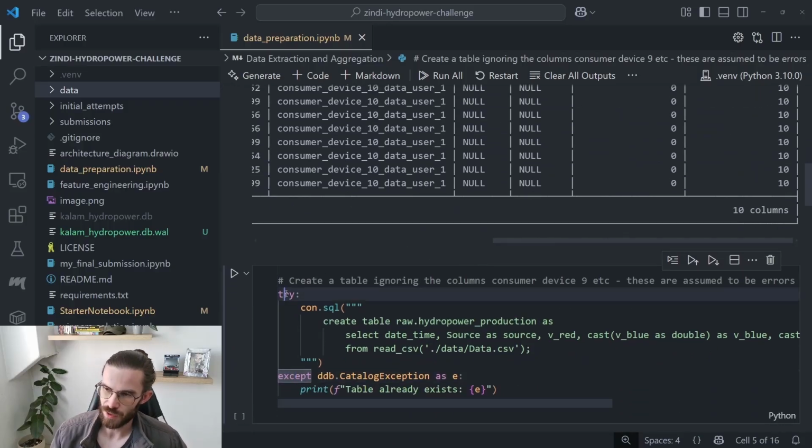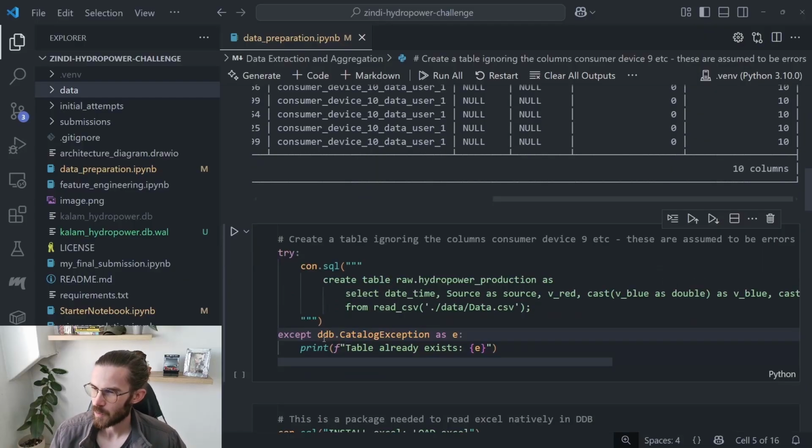And again, I'm just following this try except pattern to not interrupt the flow if we ran this twice, because if we try to create a table with the same name twice, we would get an error or a catalog exception. So I'm just handling this gracefully. In this case, the statement that I'm using is a create table statement. Then I'm specifying the raw schema, giving the table a name, hydropower production as, and then I select the columns